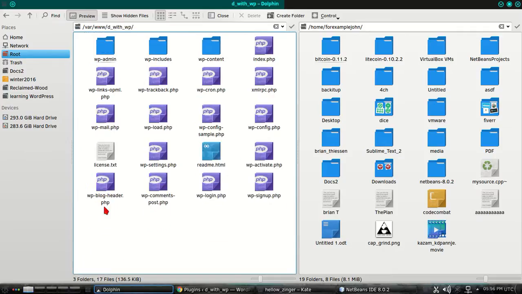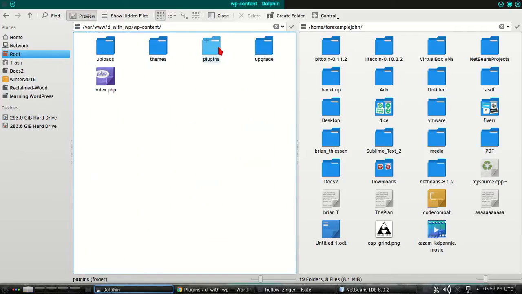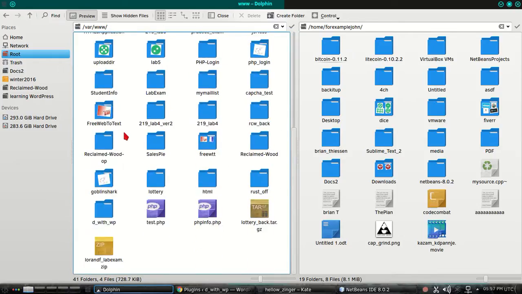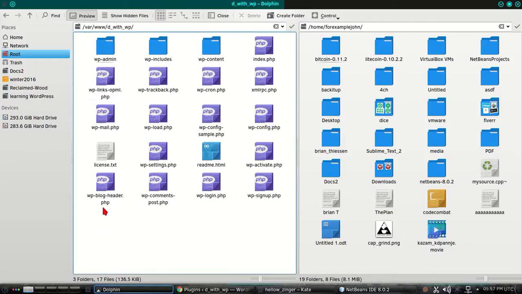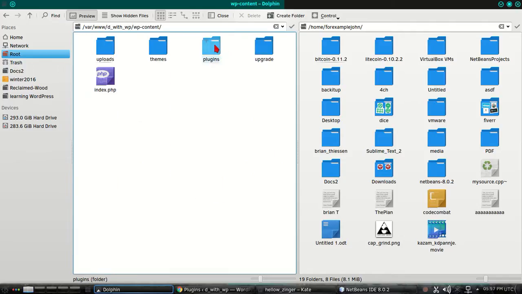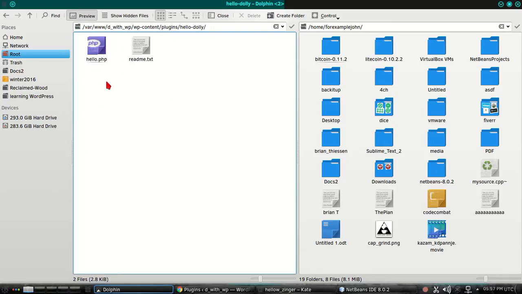with wp. This is my sandbox, and then from here we go into something called wp-content and then plugins. By the way, let's go up. This D with WP is where my WordPress installation is located. If we go in there, all this stuff is what comes with WordPress, all these different files and folders. If we go into wp-content and plugins, this is where, you guessed it, the plugins are. And Hello Dolly, well, that must be the Hello Dolly plugin. And if we open the